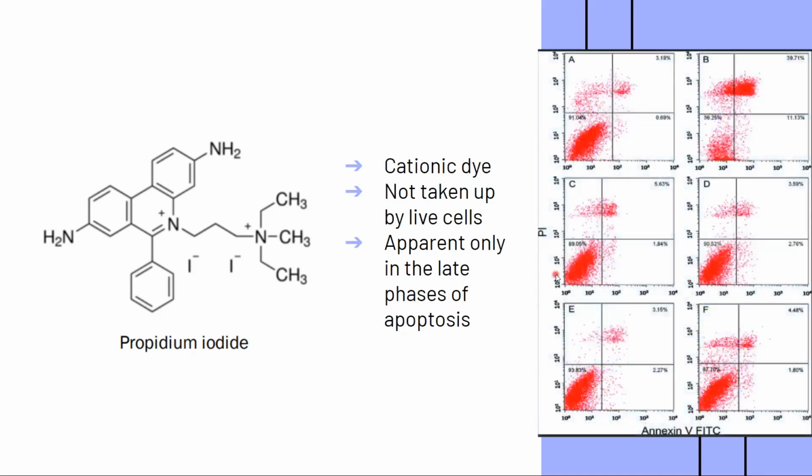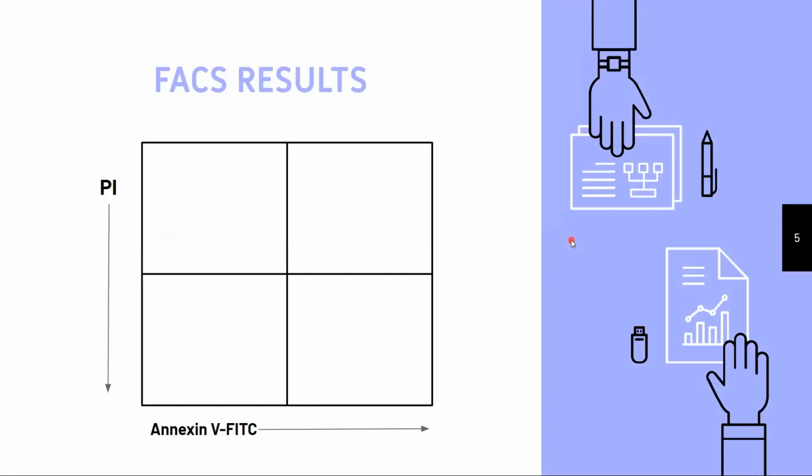Now, this is how a typical FACS representation looks like, wherein each of these red dots marks one cell. So, one dot equals one cell, and this is how the results are represented. Now, let us see how to read these results. As we see in the picture, there were four boxes like this, and this was the marking that was given. Now, how to understand what is meant by this?